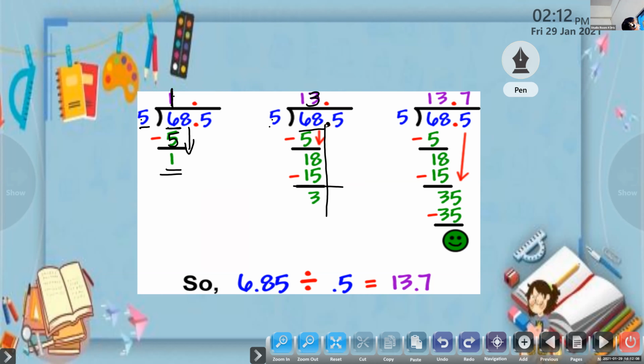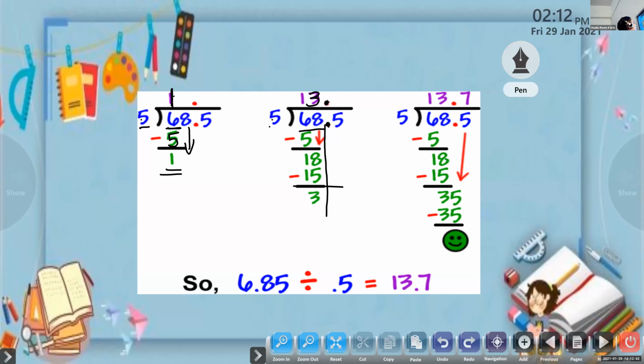We have a decimal point. Just place the decimal point above the line here. You have to line up the decimal point. That is very important. What we have to do is normal division, as we do without any decimal. Same. But if there is any decimal point, you have to line up the decimal point in the answer, in the quotient. It is just above.